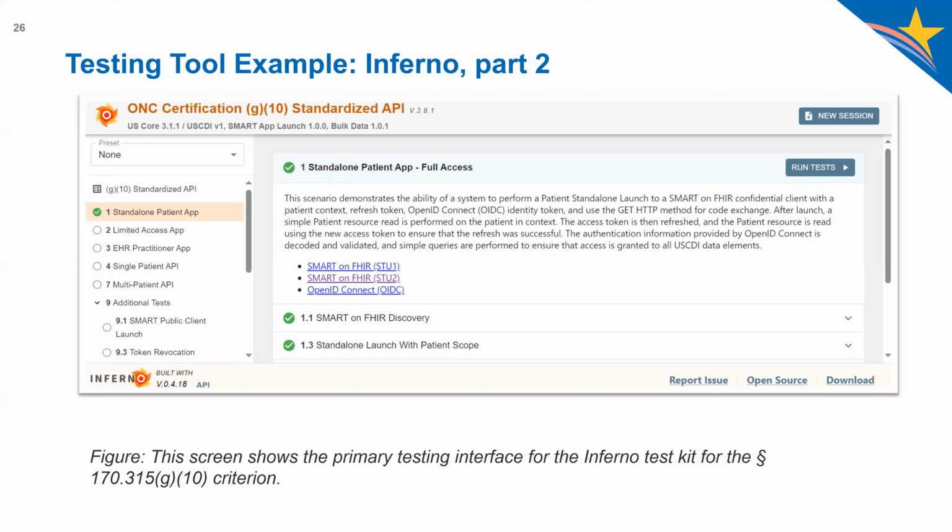Right, so then after selecting those standards that are going to be tested, this slide is a picture of the Inferno testing interface that's shown on starting a testing session. And so within a testing session, a user can see a detailed description of the available tests, run tests against an API, and generate a results report. And at the bottom of the testing interface are links to the test kit source code and a link to report any issues discovered within the test kit. And then if we go to the next slide,